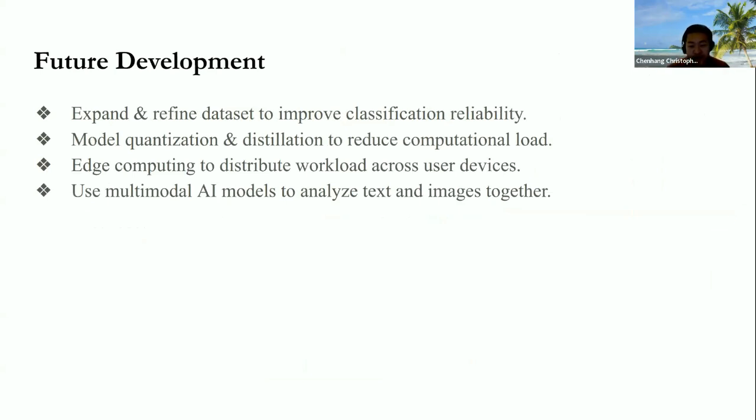These experiments revealed a few areas for improvement in our system. Even though our models generally have high accuracy in classification, it's still necessary to expand and refine the dataset to reduce the false positives and false negatives. Another issue is our dependency on GPU servers, which increases deployment costs. To address this, we will look into model quantization and distillation techniques, which could help increase speed on CPUs. We also plan to implement client-side optimizations to reduce the amount of data sent to the server and use edge computing to distribute some processing onto user devices. Lastly, our current system classifies text